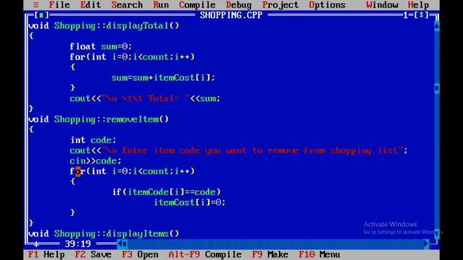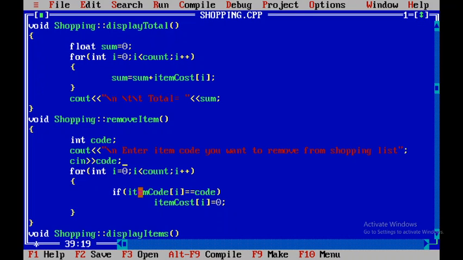So again we will use a for loop, for int i equals 0, i less than count. Count is our data member. So as per the number of items you have taken in your shopping list, the count is updated. So if count is 5, we will say i less than 5. That is, our list will be from 0 to 4.